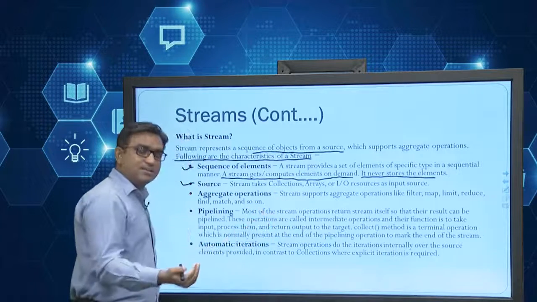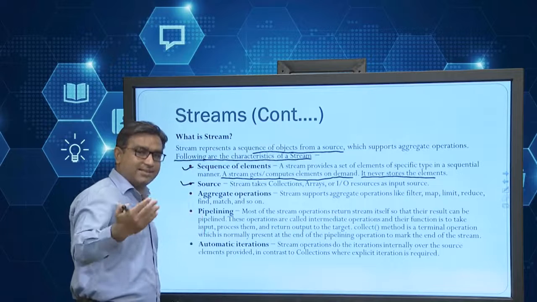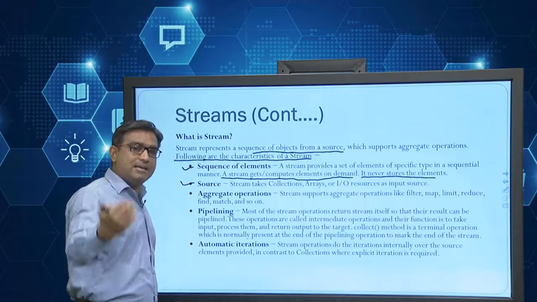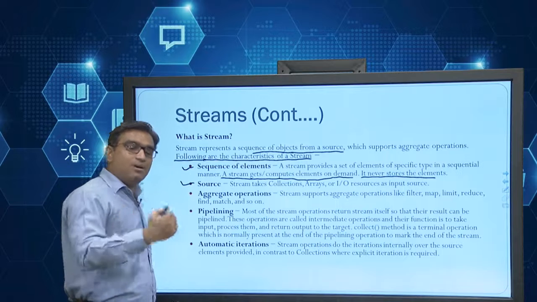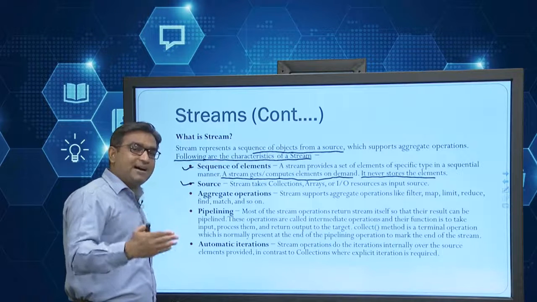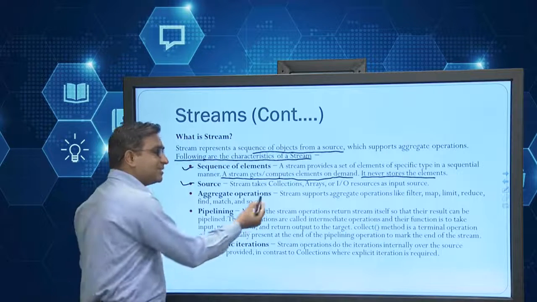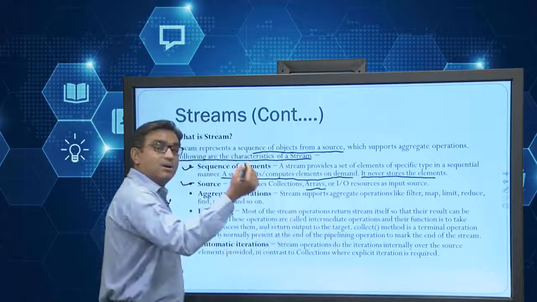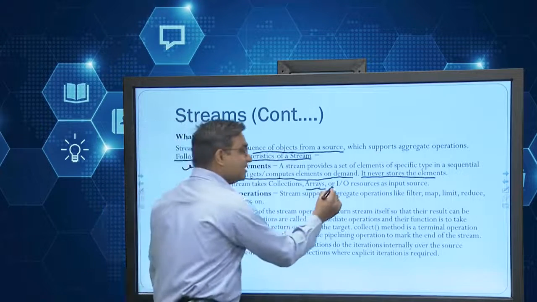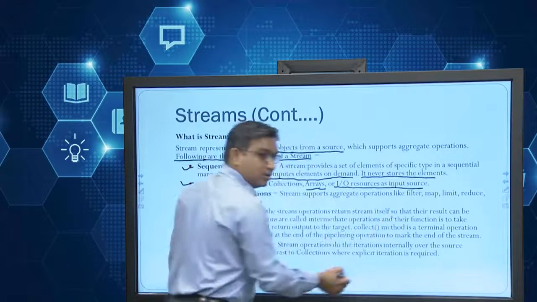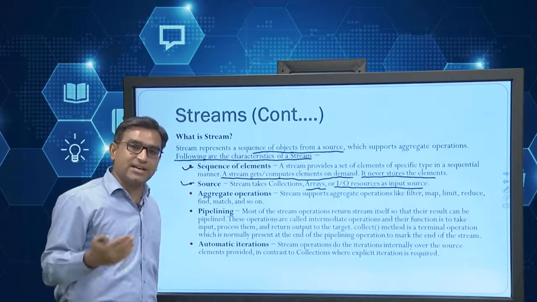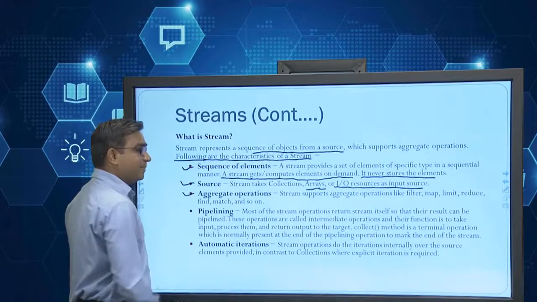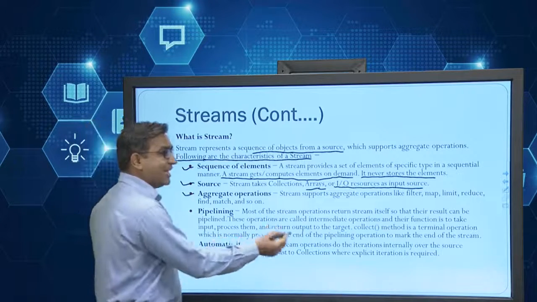So we receive some value like console output ASCII, then some array values such as BAU, MSCIT, BCA, BSCIT, or else a course code such as Java. That's nothing but a collection. Sometimes it's a course array, sometimes a subject array, anything else, or else input output resources as an input source. Reading data from a file and writing data to a file is called input output.